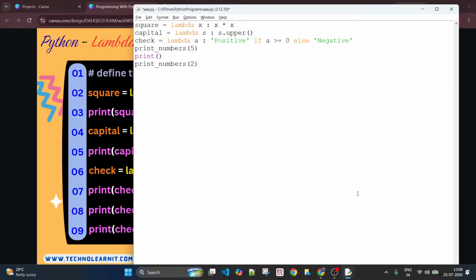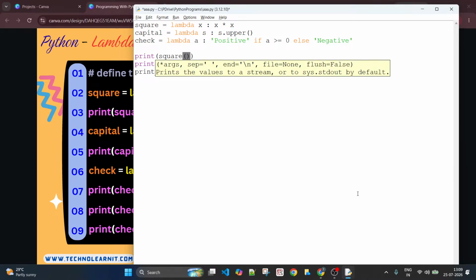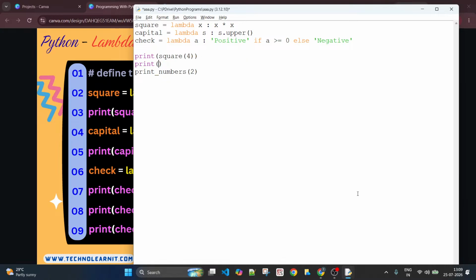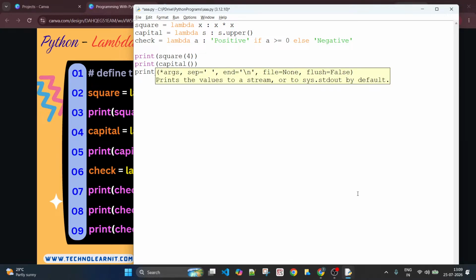Now, what if I have to call these lambdas? I can say print the output of square, and I'm going to pass 4 to this. 4 times 4, 16 is what I'm expecting out of it. And I'm going to pass capital, and I pass some lowercase string.